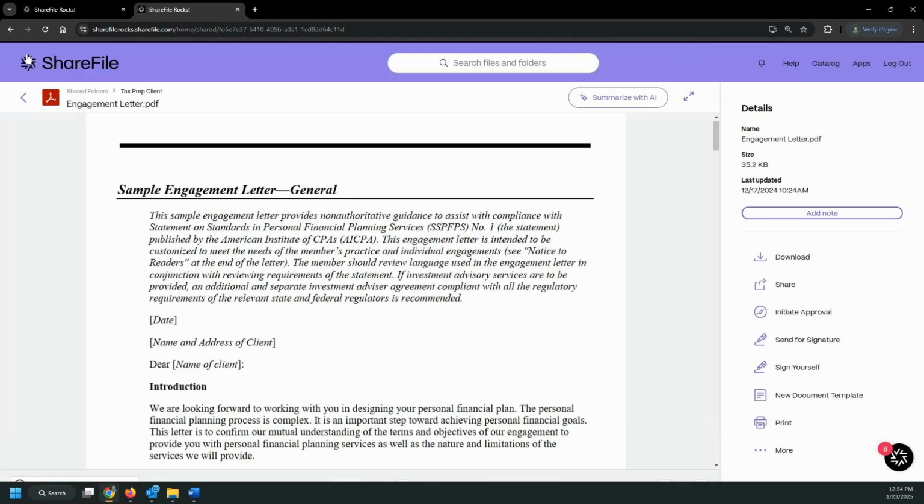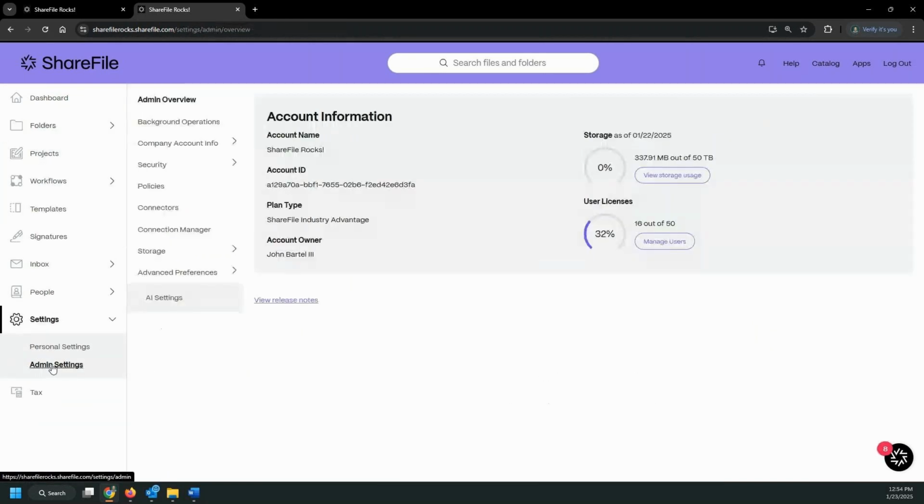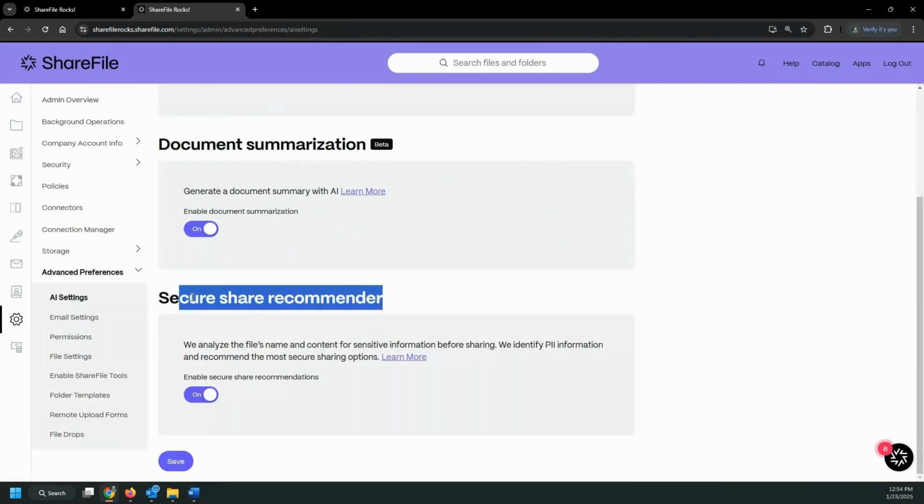The other feature that we had, as you saw, was Share Recommender. This is specific to PII, PHI content. This feature is suggesting sharing, so this is more of a suggestive feature. If I'm creating a share link with somebody, it will be able to scan the document and understand if it